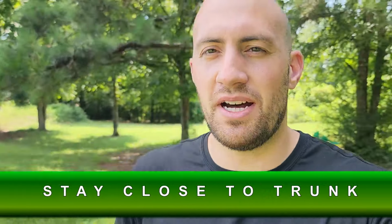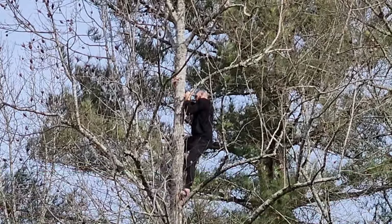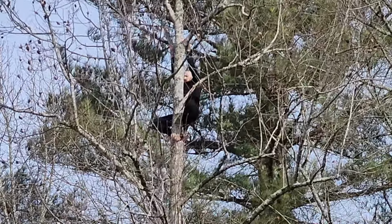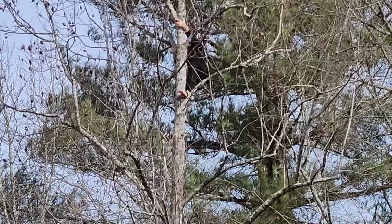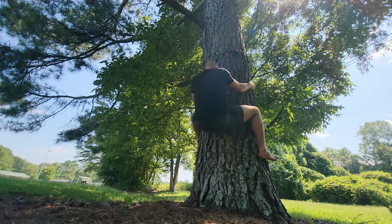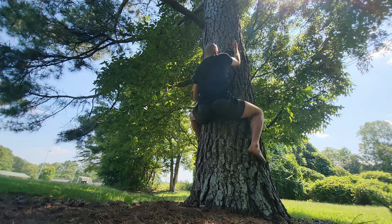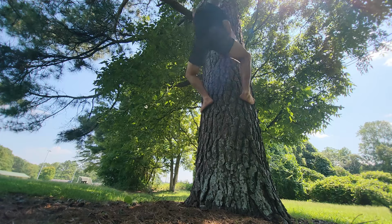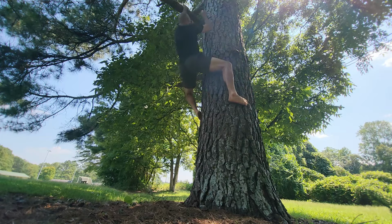As you're climbing up, try to stay as close to the trunk as possible. The closer your center of gravity is to the trunk, the more structural integrity the tree will have with your weight being supported. It also means the trunk is there to use if you need it. The trunk is the strongest part of the tree, so you can actually use it to help support your weight, whether it's using a bear hug or wrapping your hand around it to get some leverage. Sometimes if it's too big, it won't be helpful. But keep that in mind, the trunk is like your safety line as you go up,